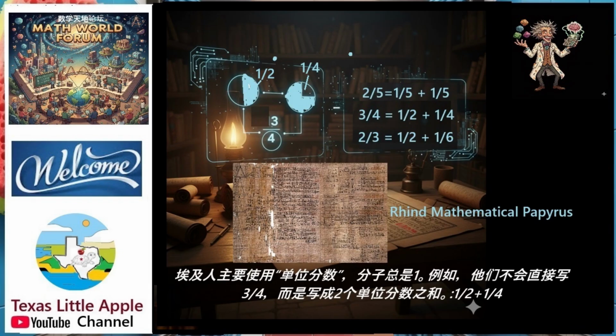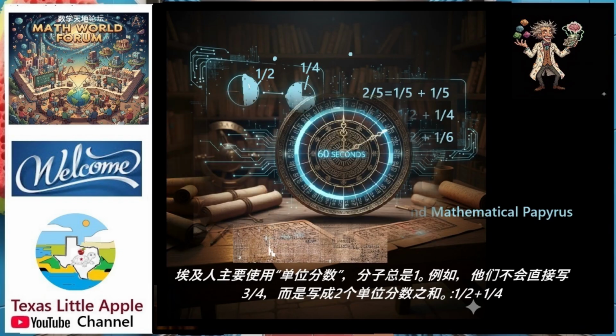Here is the evidence. The Rhind Mathematical Papyrus, around 1650 BC, contains over 80 fractional calculations. The Rhind Mathematical Papyrus, RMP, also designated as Papyrus British Museum 10057, PBM 10058, and Brooklyn Museum 37.1784 EB, is one of the best-known examples of ancient Egyptian mathematics. It is one of two well-known mathematical papyri, along with the Moscow Mathematical Papyrus. The Rhind Papyrus is the larger, but younger, of the two.